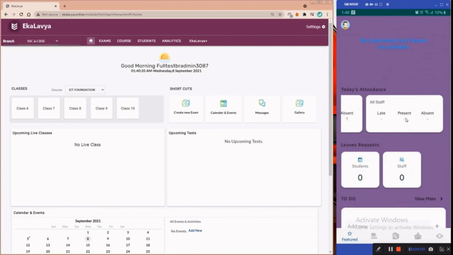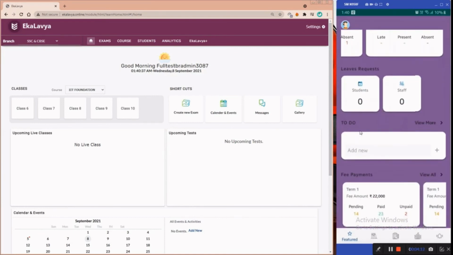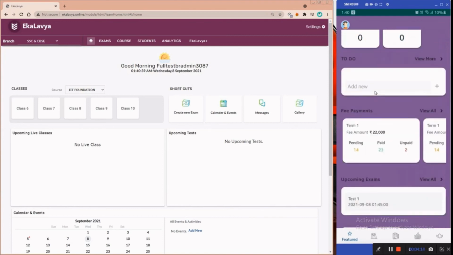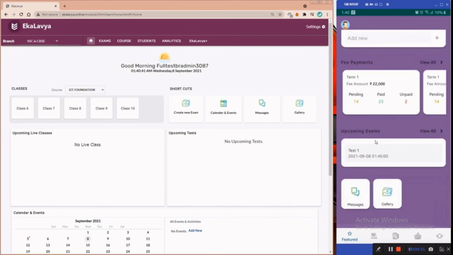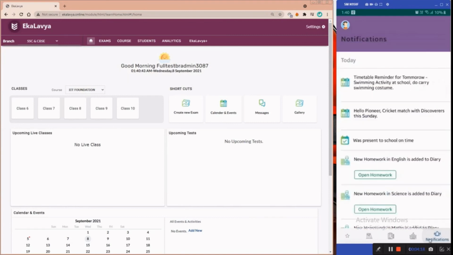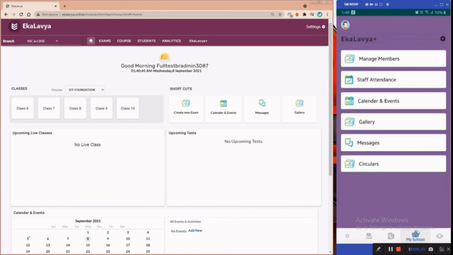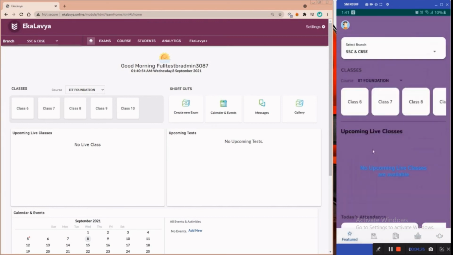You can check today's attendance, leave requests, to-do list, fee management in the admin panel, upcoming exams, and also check out the notifications. In My School you can have Ekalavya Plus options. These are all the things that are being covered from the